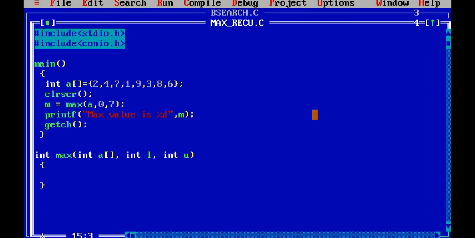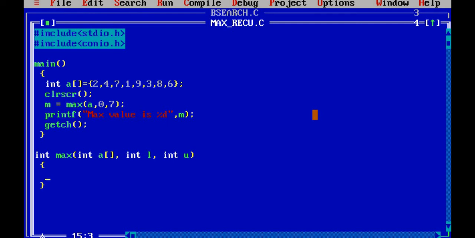As I told you, I will divide the array blindly into two parts and go on doing that. But ultimately, I can divide the array into two parts only if I have more than one element.